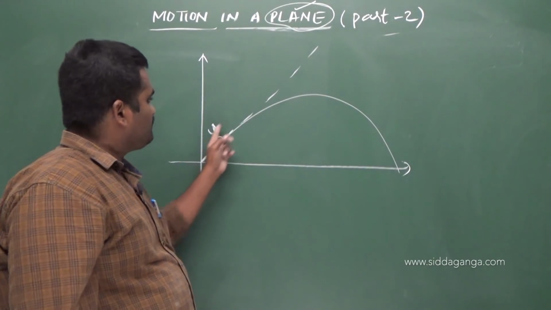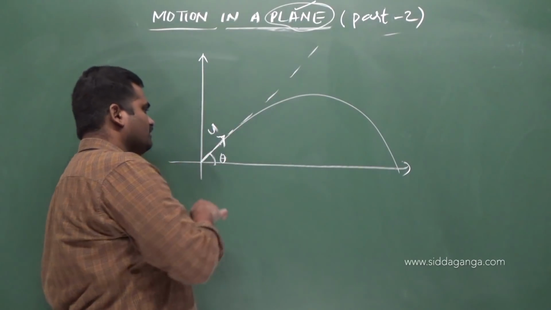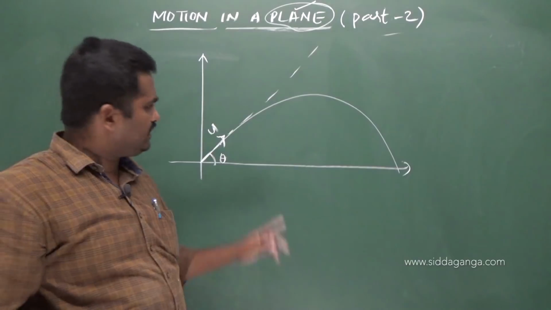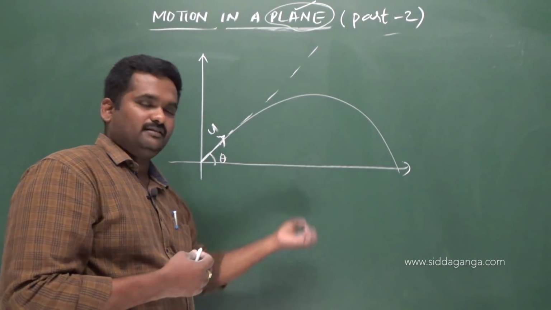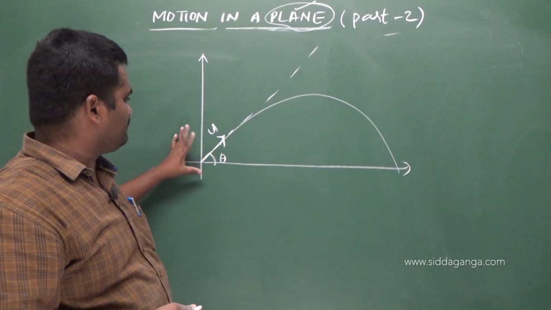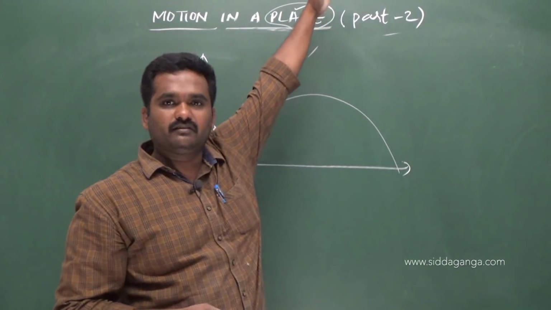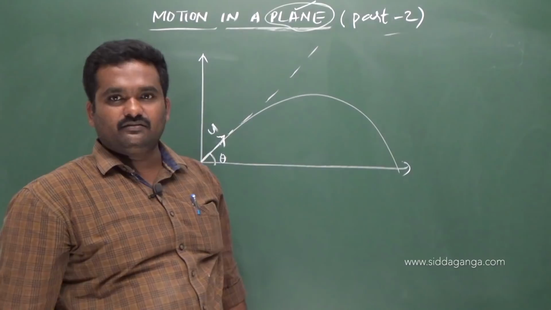Okay, and what is this path taken by the projectile? This is just the velocity you have given, and you have left it. Why is it going to take this path, what is the reason for that? Due to gravity. If gravity is not there, what happens? If you throw something with a certain velocity, it just keeps on moving like that only. It will never return to earth. It just keeps on moving in that direction itself.